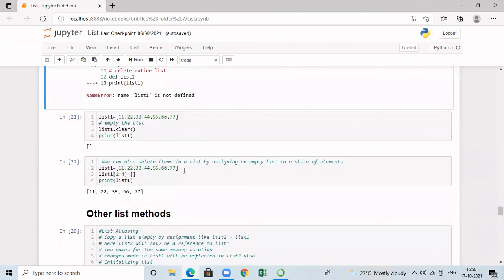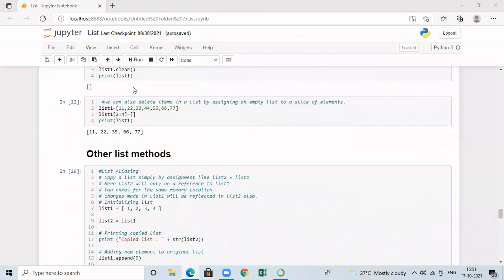And the next method is by means of clear. So let us assume list1 with the 7 values. Now I am trying to write list1.clear(). Now here what is going to happen is all the elements in the list will be removed, but the list will be still existing in the memory. The empty list will be existing in the memory. So when I print the list, I am getting now empty list. In case of del, when we use the keyword del, the list will be completely removed from the memory. After that, when we try to print, we got an error. But here, still the list is existing, but only the contents are cleared. So we are getting empty list printed in the output.